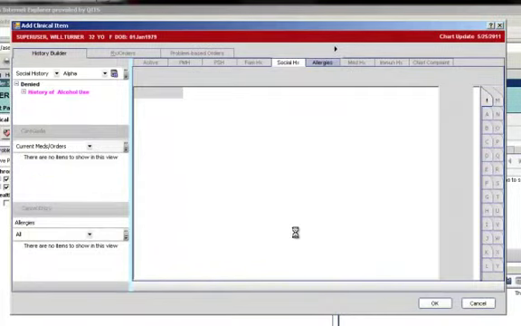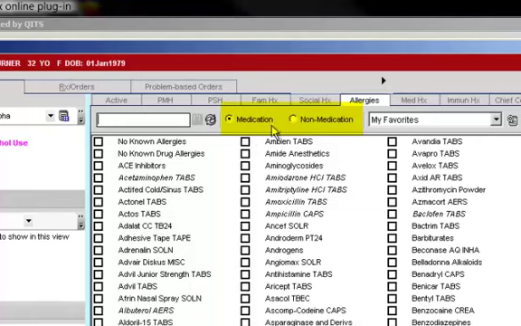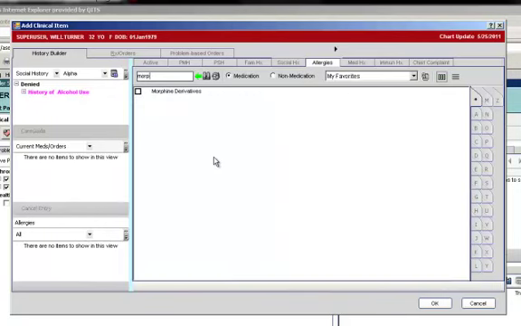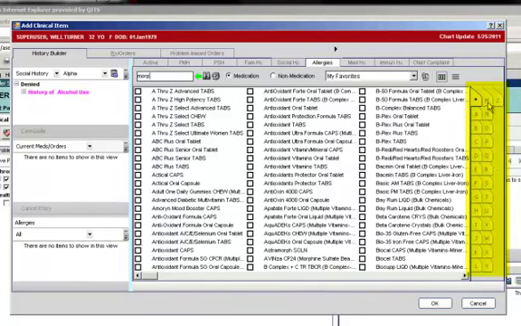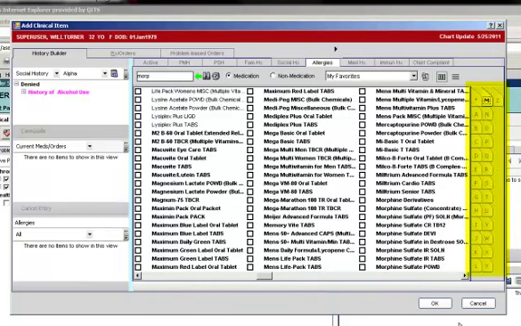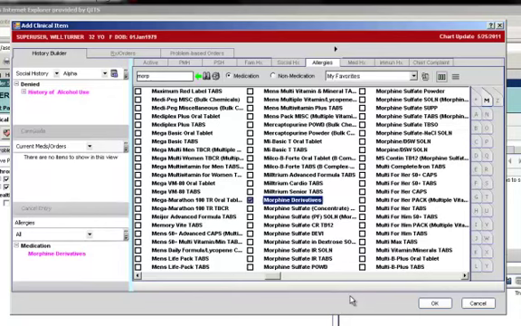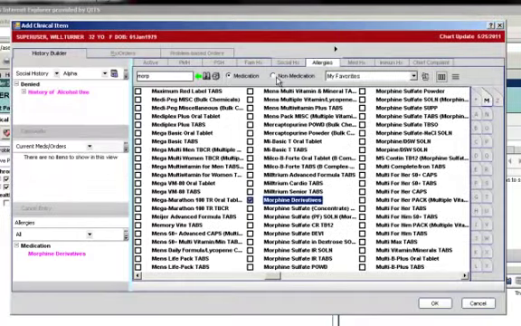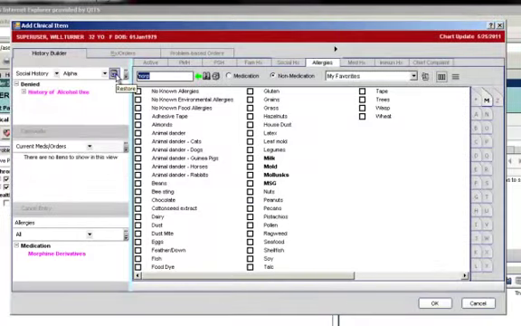Now when entering allergies, which is the next tab over, pay special attention to the two radio buttons next to the search field. The radio button defaults to medication, but if you want to add a non-medication item, you will need to switch the radio button. Again, just click in the box to add items to the History Builder. Let's go ahead and type morphine in under the medication radio button. And again, we've gotten a lot of choices. You can use these tabs over here to take you directly to the section where you want to go, and choose morphine derivatives. Now notice this pops up in the bottom section of the History Builder. Let's go ahead and click non-medication and type in seafood